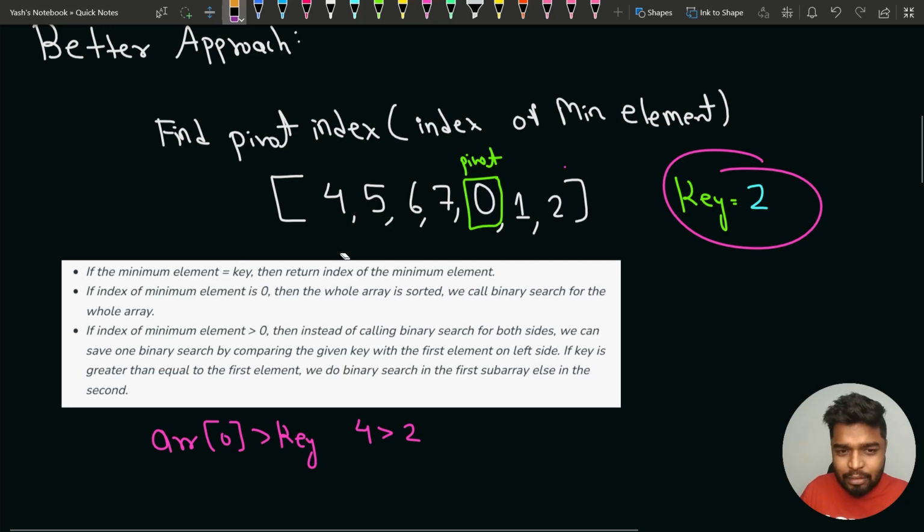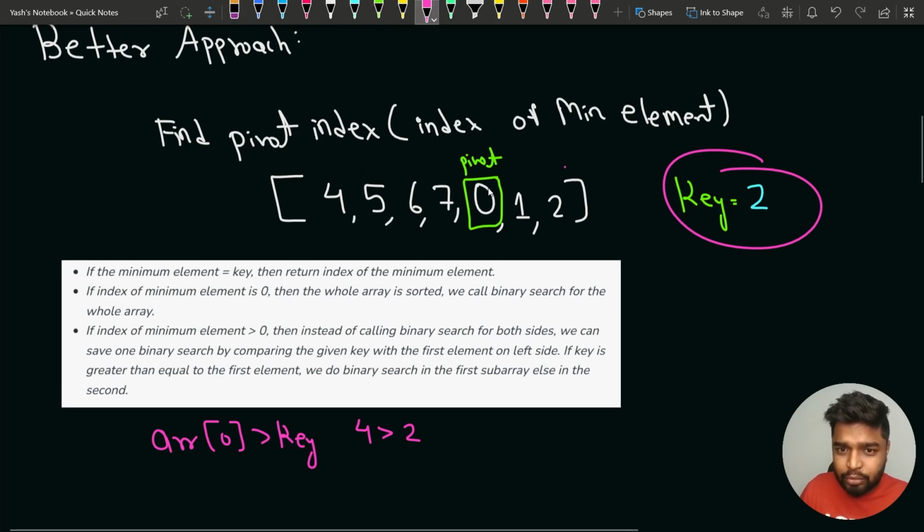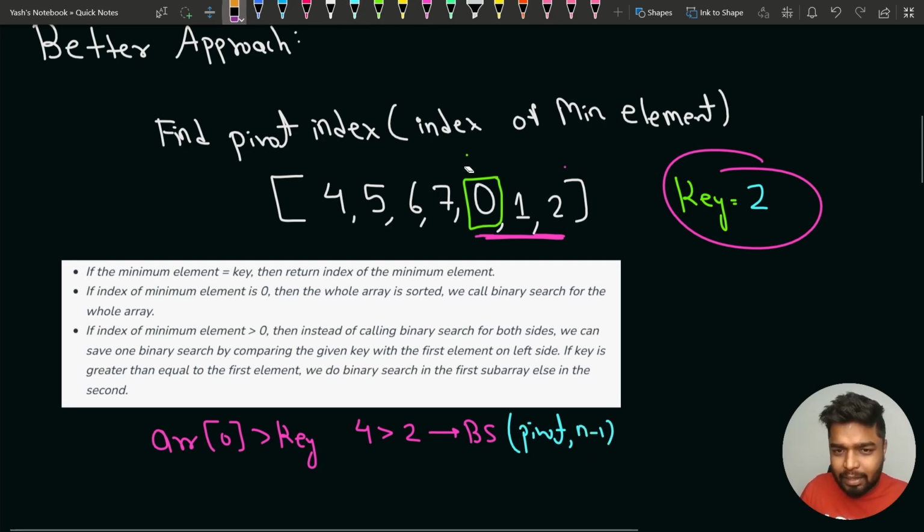I need to search where? If the element at the 0th index is greater, all the other elements are greater. So search from the pivot till the end of the array. You need to apply binary search starting from the pivot till the end of the array. So we will call the binary search function and start it from the pivot index till the end of the array. Okay. Otherwise, another thing that can happen is, suppose my key value